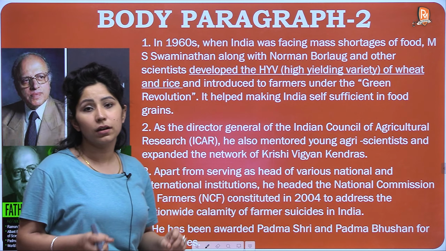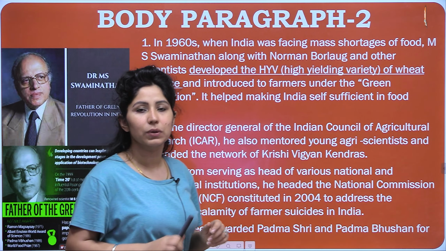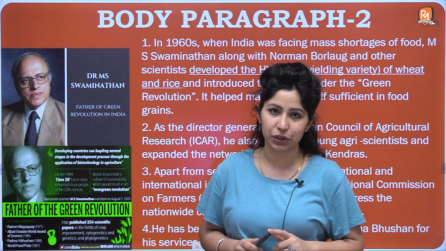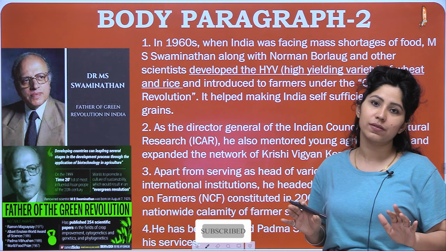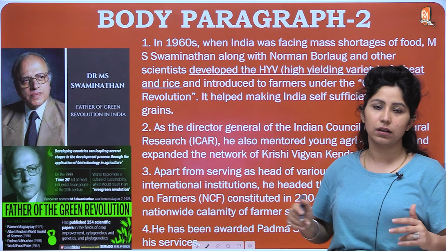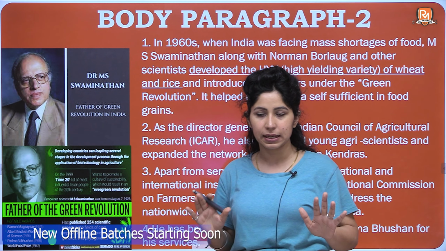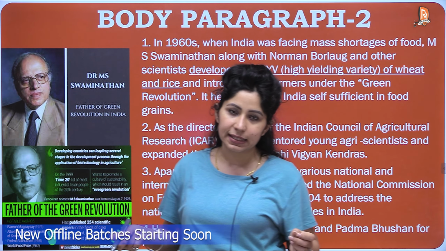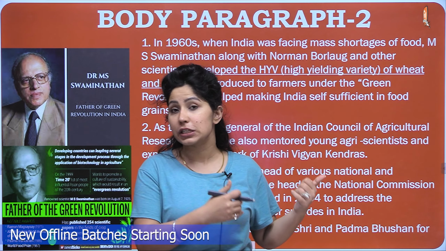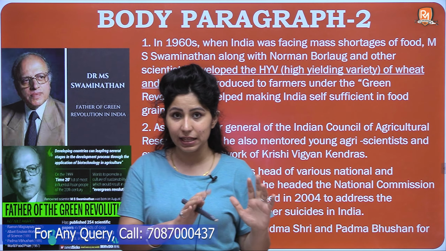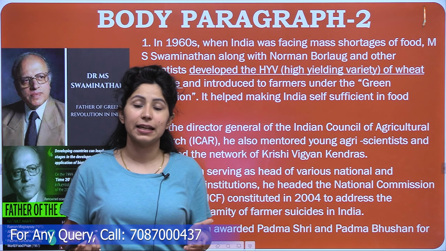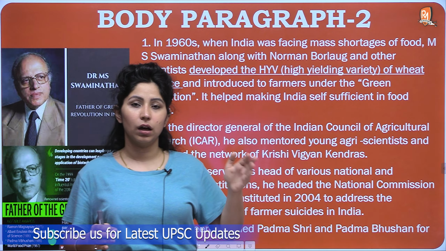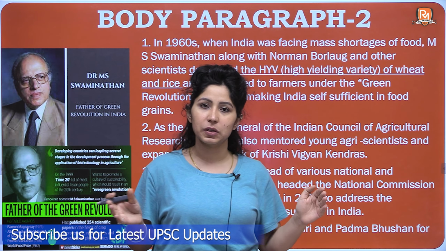The next one is Dr. M.S. Swaminathan. As we know, he is the father of the Green Revolution in India. But you'll have to balance the information that you provide. In the previous part, we provided 5 points, or you'll be writing 5 sentences for the first personality that we are talking about. So, your answer has to be balanced. The examiner should not think that you know about one personality, but about the other you do not know.